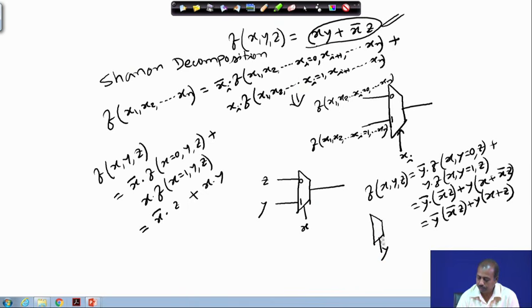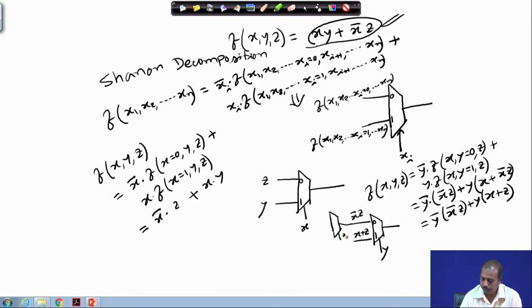If you apply y as the control input, select input, then you have got... So, here I need to realize the function x bar z, and here I need to realize the function x plus z. So, we do the same thing now on this x bar z, we apply Shannon decomposition. If I select x as the select line,